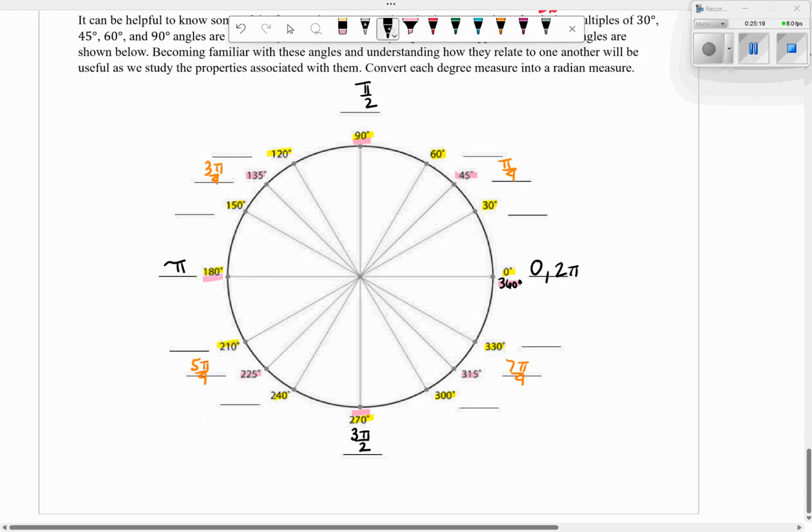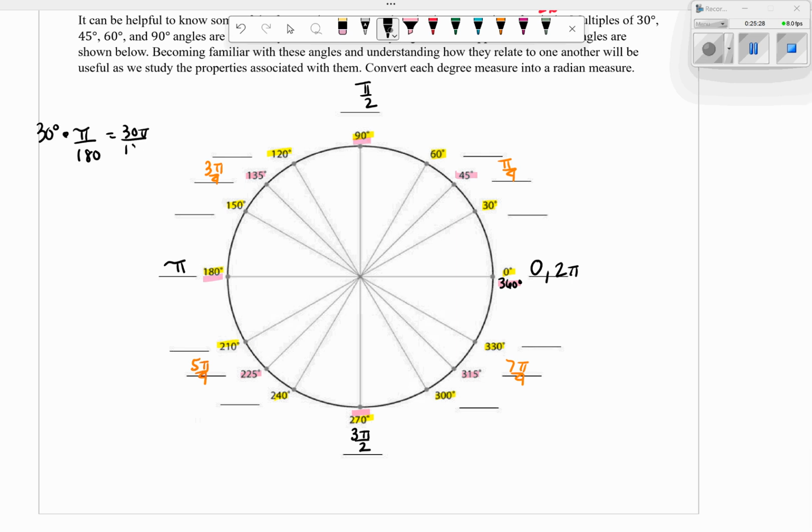So let's change 30 degrees into a radian by multiplying it by pi over 180. So really this is 30 pi over 180. So those cancel out to leave us with 3 pi over 18. And we know that 3 goes into 18 6 times, so pi over 6. So now I'm going to count by pi over 6 around my circle, and let's go ahead and I'm going